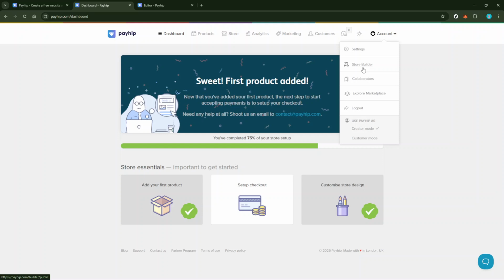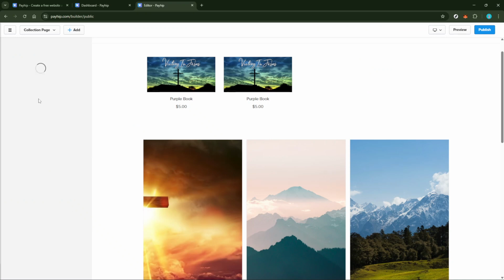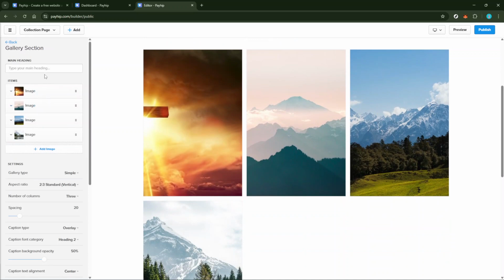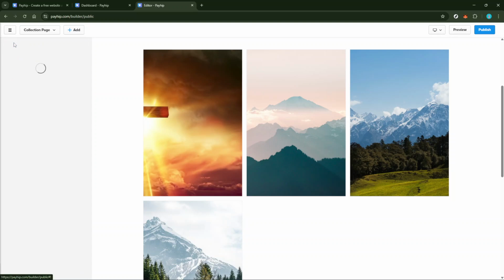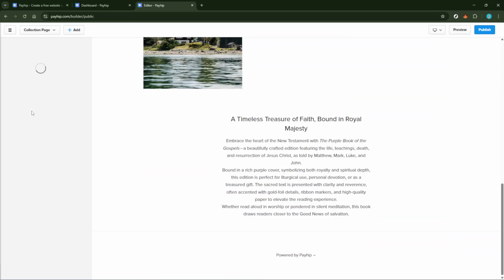With the Store Builder open, you'll notice sections that represent different parts of your storefront. Click on any section to start making changes. This is your chance to edit the text to better reflect your brand's voice. You can replace images with ones that better showcase your products or add new visuals that align with your branding. If your color scheme needs adjusting to capture your audience's attention or align with your overall brand theme, this is your moment. And don't forget, you can also adjust the layout. This means you can organize how the information is presented, ensuring it's as appealing and easy to understand as possible